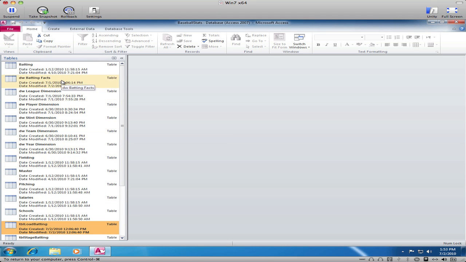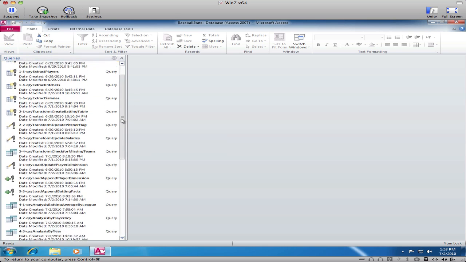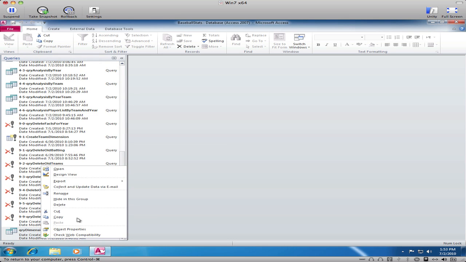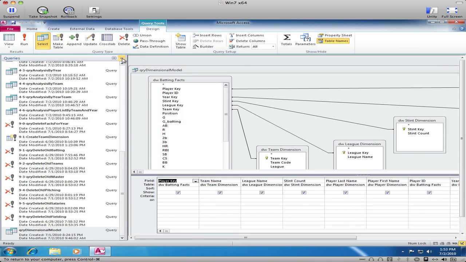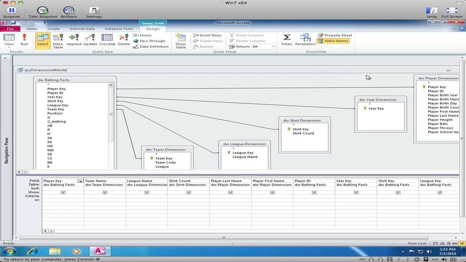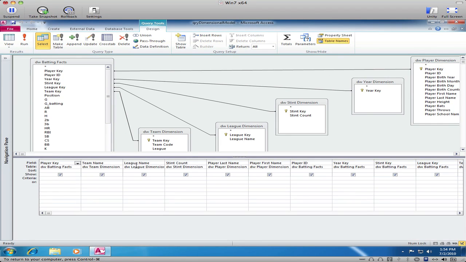The other tables have the prefix DW, so these are our true dimensional data warehouse tables: batting facts, league dimension, player dimension, stint dimension, team dimension, and year dimension. I'll show you a query first that gives you an idea of how these are laid out. And what you see is our batting facts table is